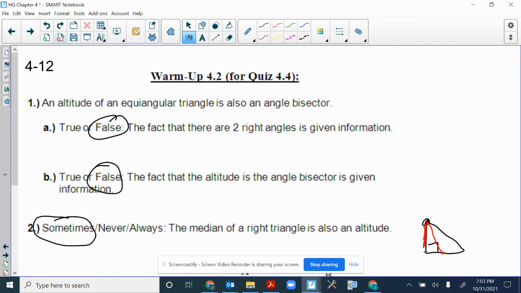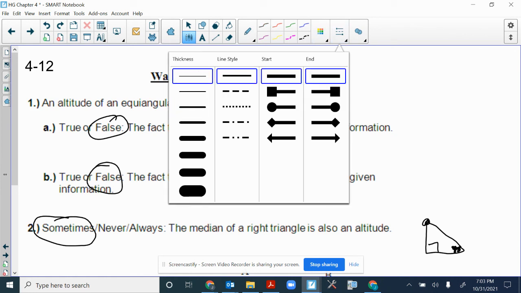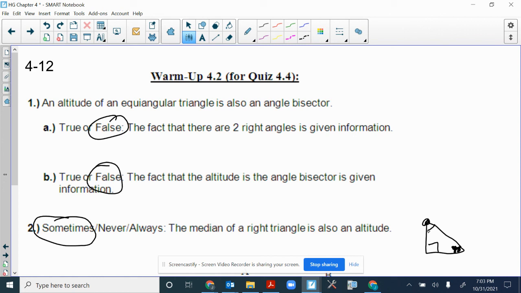But if I have a specific right triangle, specifically a 45, 45, 90, and I go from the vertex that is the right angle, because it's isosceles, this altitude is actually also the median. So that's really the only time that's going to happen, for right triangles at least. So that is why it is